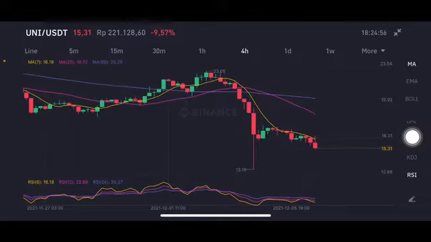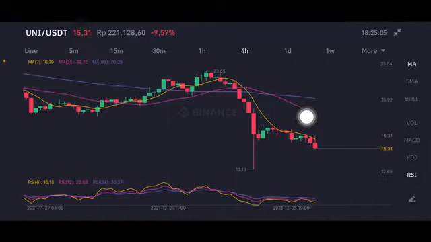For the moving average here, it's still on the downtrend line. Try to find out with a big volume, but it's a little bit hard to go to that point. If there's any rebound, it should go first to the resistance on the pink one side, moving average 18.72 US dollar.